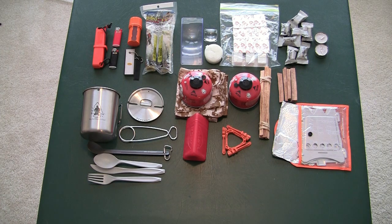I have my Pathfinder stainless steel cup, lid, and bail. And to all of that, I have added an MSR pocket rocket stove along with 2 MSR canisters. They fit inside that stainless steel cup very well, cushioned by the handkerchief that you see underneath there to keep